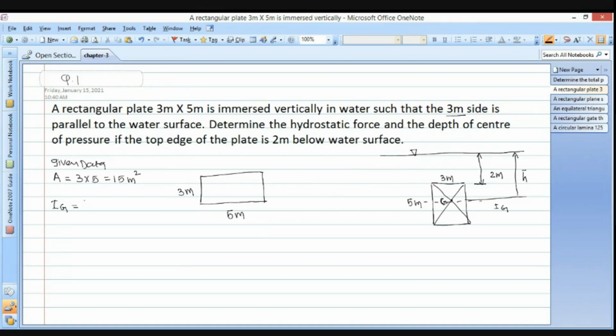According to the formula, that is b d cube by 12 for the rectangular plate. So we get 3 into 5 to the power 3 divided by 12. In this way, we are able to find this moment of inertia, and that value of moment of inertia is